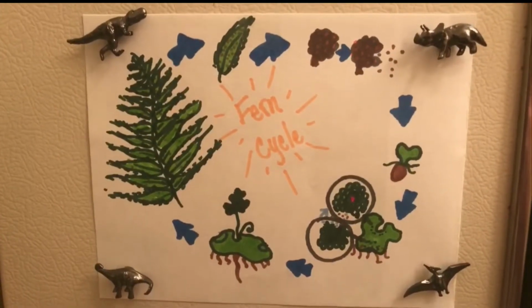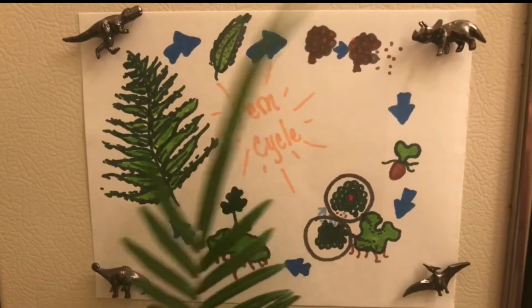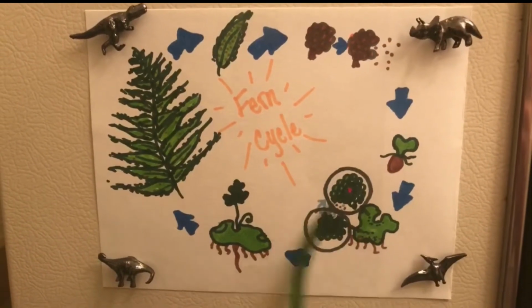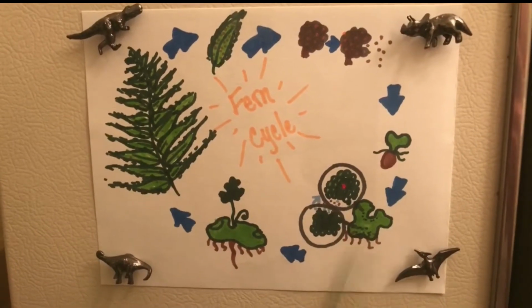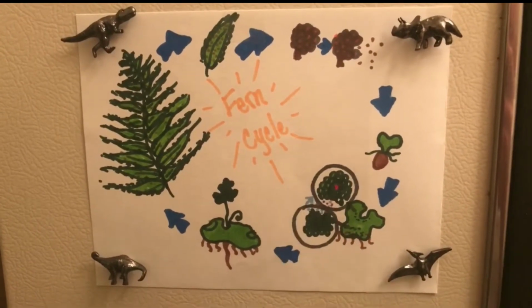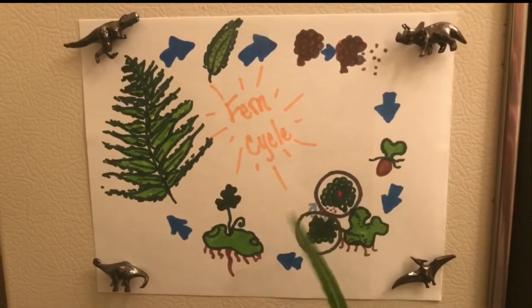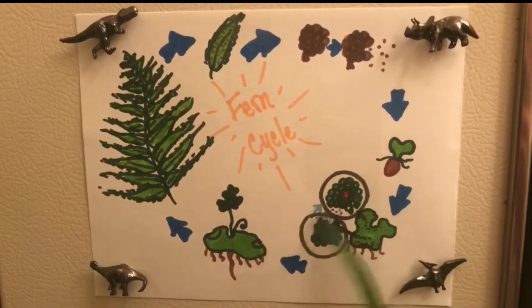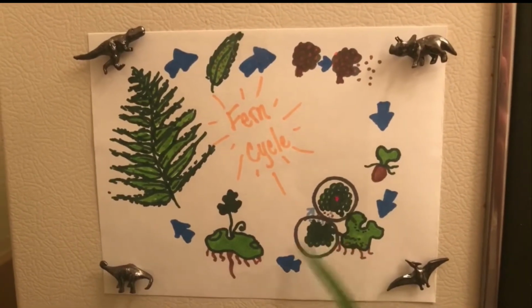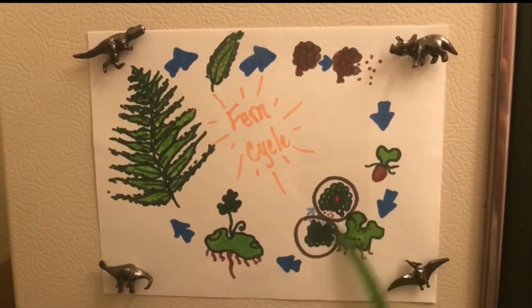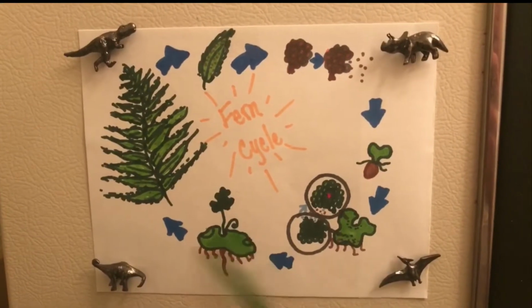Okay, so what we're looking to happen is for the spores to then germinate, producing the gametophyte, which is the haploid generation. The gametophyte produces the gametes, and the gametes are the antheridium and the archegonium, which are the male and female sex cells. Once fertilization occurs, it creates this little zygote, and so then it's a developing